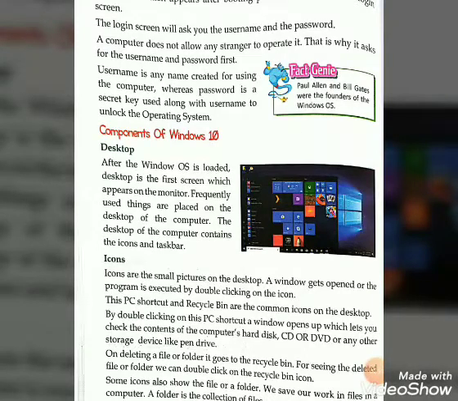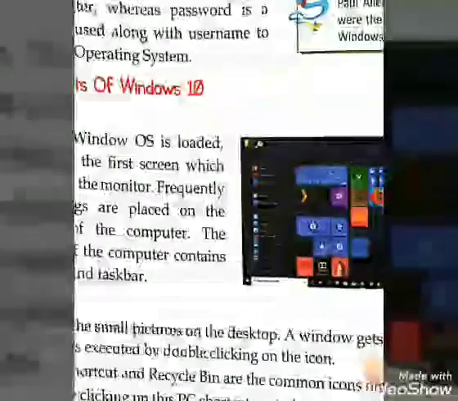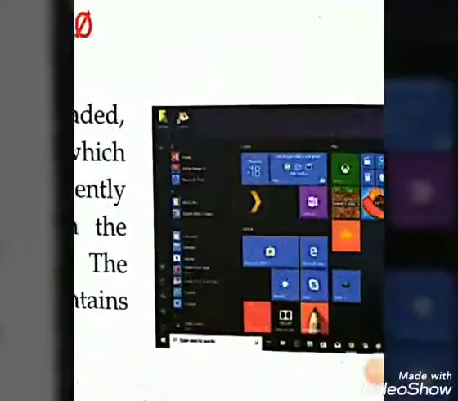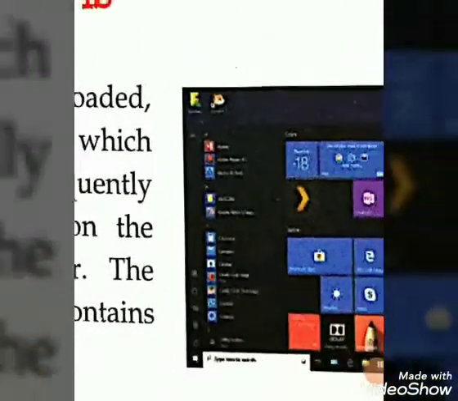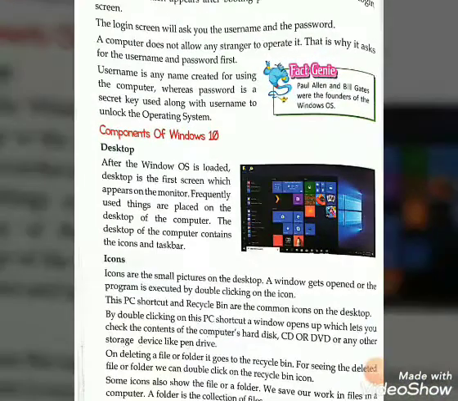We know what icons are. Icons are the small pictures on the desktop. You can see, I'm going to zoom it. You can see these are the small pictures here. Small pictures on the desktop are known as icons.